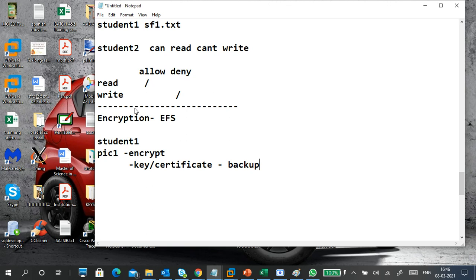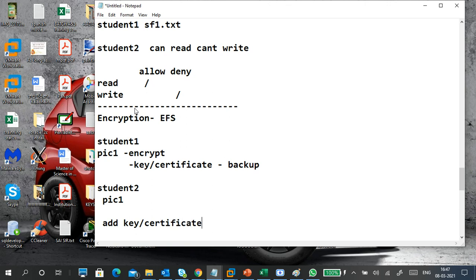Once I have taken the backup, I log in with student two and verify whether I can open this pick one or not. I can't open it. So I will add this key or certificate.